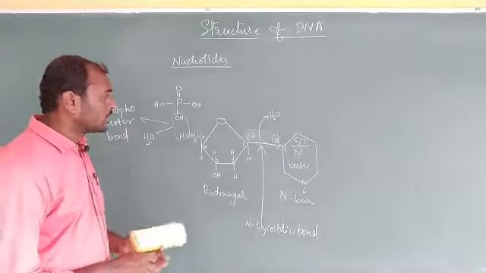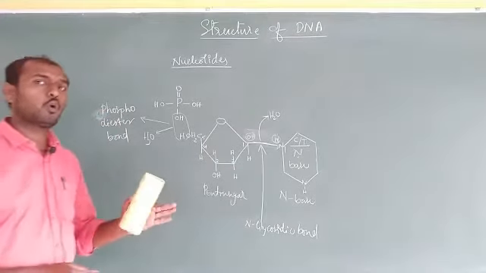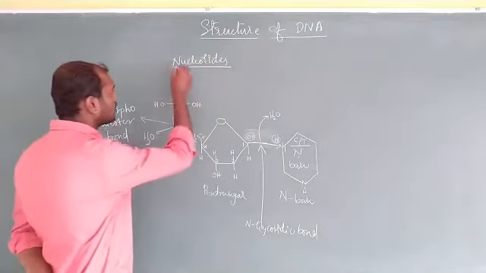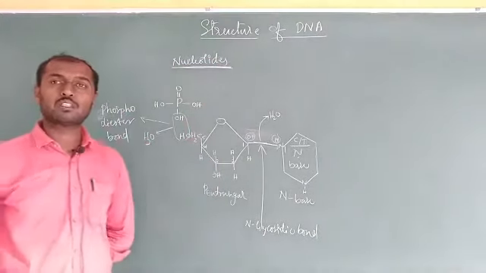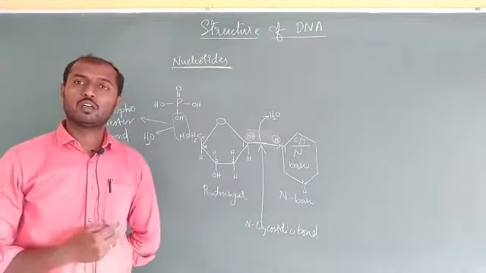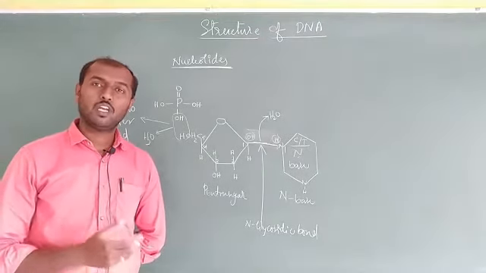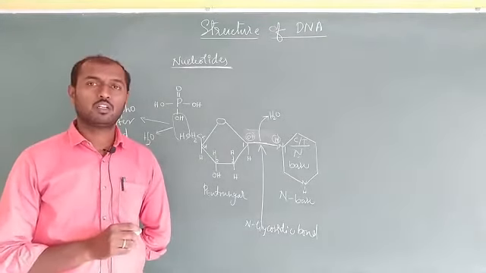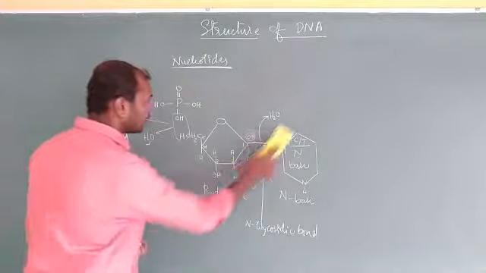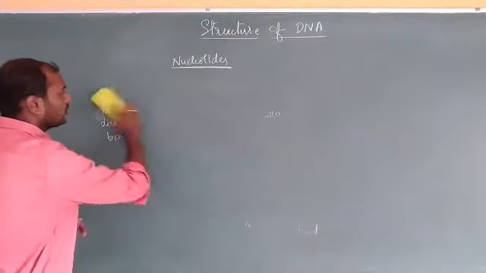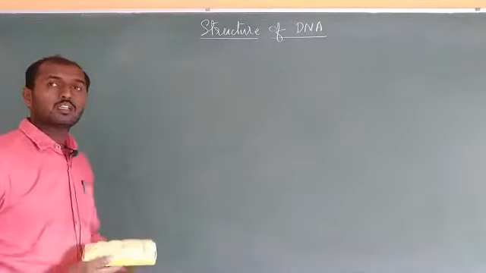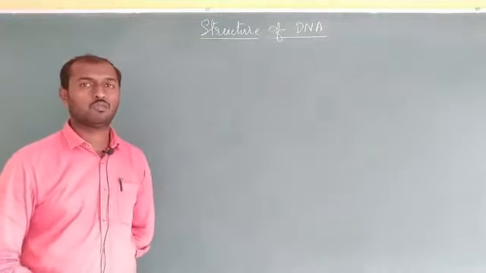This is the most important and basic thing required for the formation of DNA, that is the formation of nucleotides. These nucleotides repeat, and DNA is constructed. How this reaction takes place, and how they are held into a particular structure of two strands, is what we are going to study now. Hope you understood what nucleotides are: nucleotides are the basic requirement for the construction of DNA.